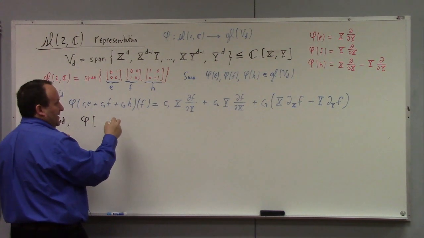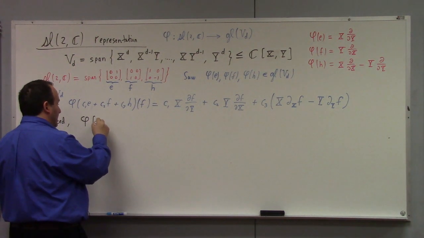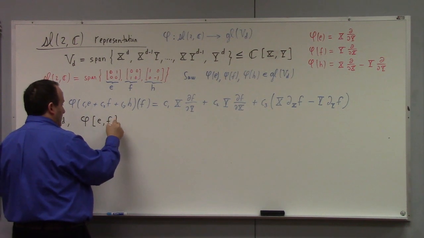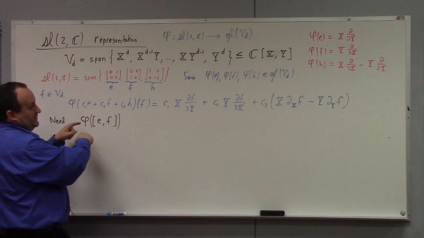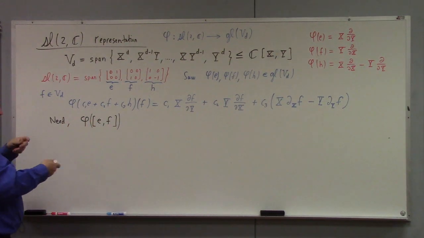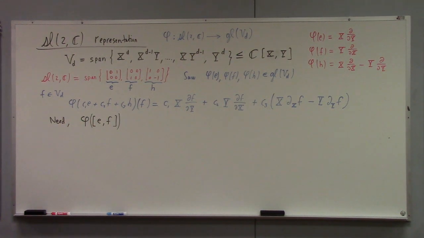So I need to look at different things, like E with F, right? And we'll start with that. Of course, there's E with F, E with H, and F with H. There's those three possible pairs. If you can prove that those three pairs are preserved, then we can linearly extend those results to have preservation of the whole thing. Okay, so